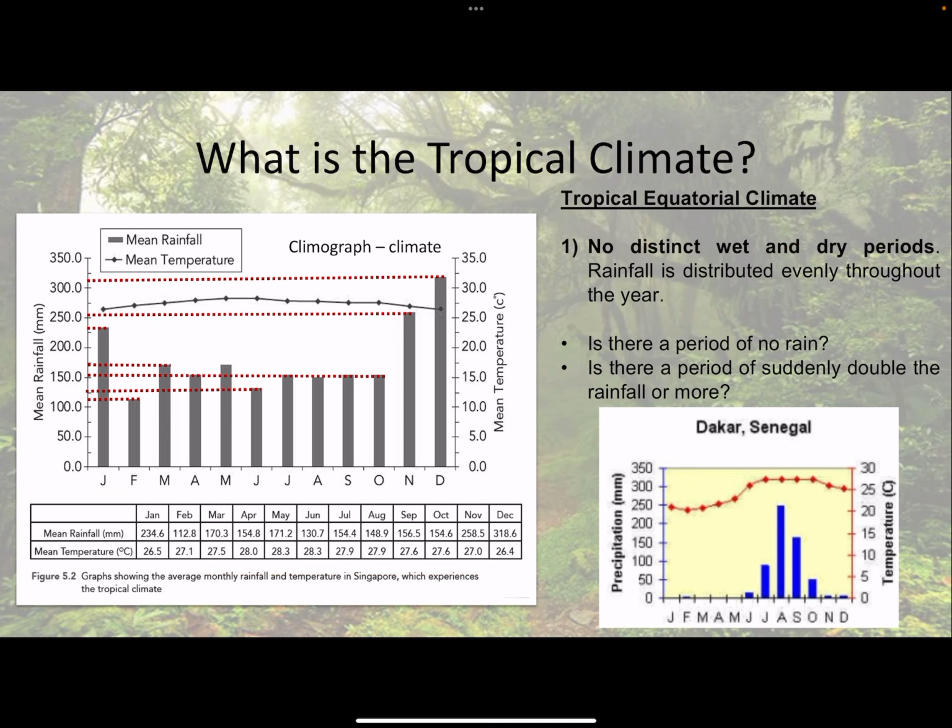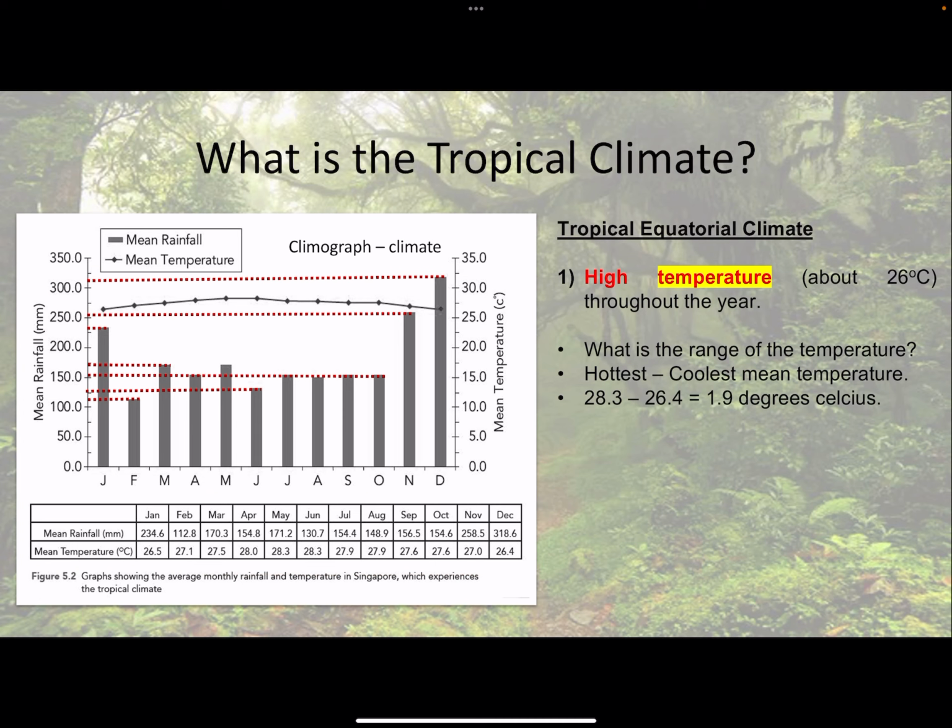Next step, let's take a look at temperature. Tropical equatorial, like Singapore, is generally high, about 26 degrees or maybe slightly warmer. When you look at the range, you realize that there are some months where it's really, really hot. The hottest months are May and June, where you have 28.3 degrees, but then you have the very cool months as well. The coolest month is December, which is